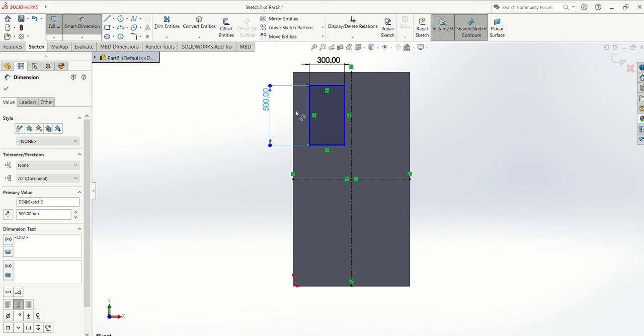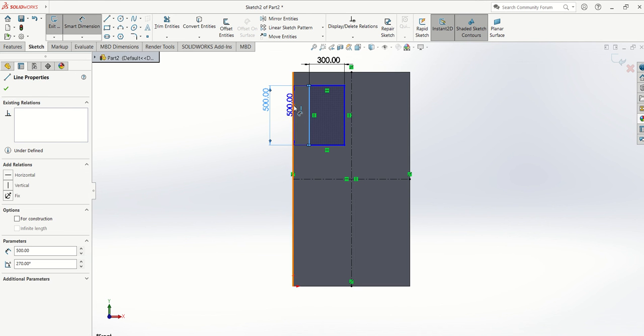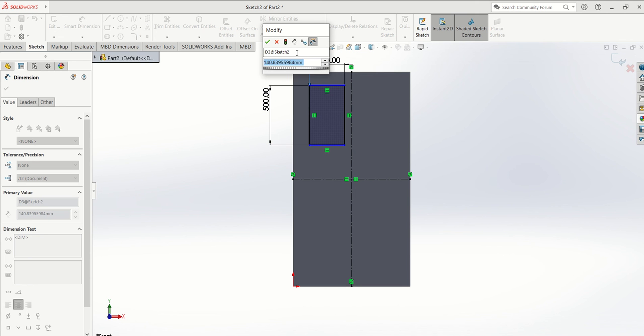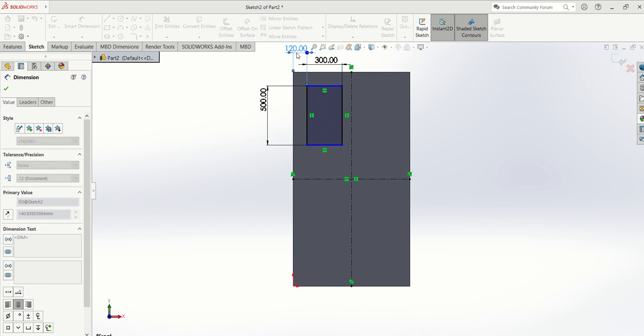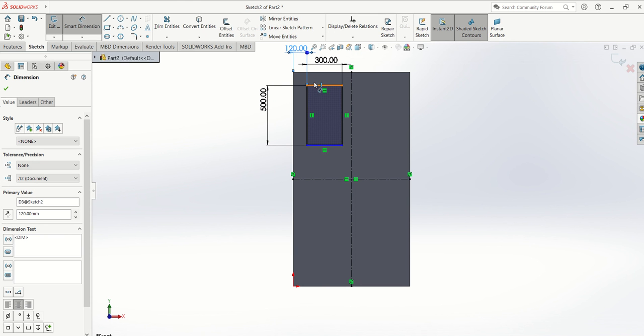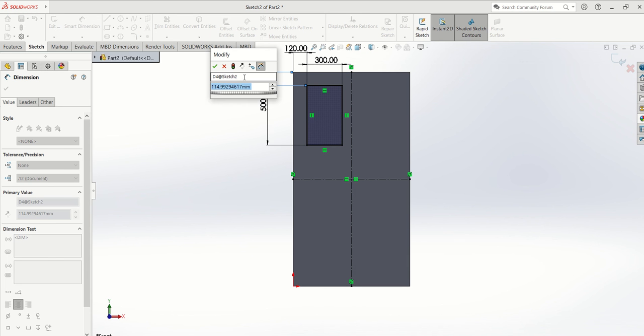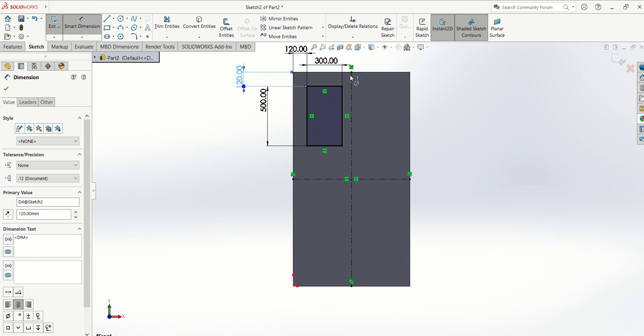Enter. Then that's going to be the overall length of a rectangle. We want to position it then, so we're going to go from here to here. It is going to be 120. And then from top to bottom, it is going to be 120 also. Okay, so now it's fully black, this shape, so it's fully defined. So we're going to click